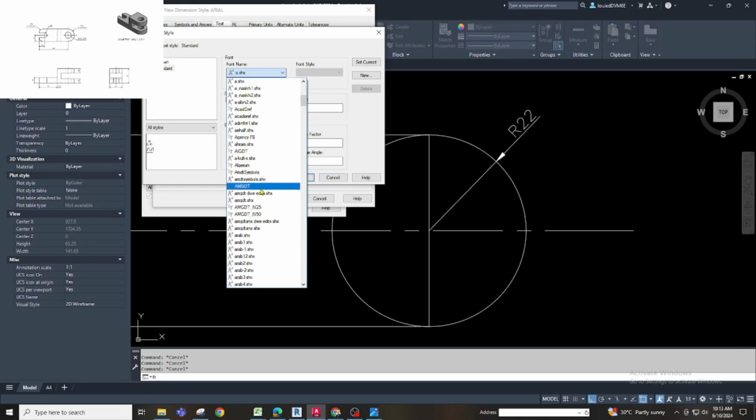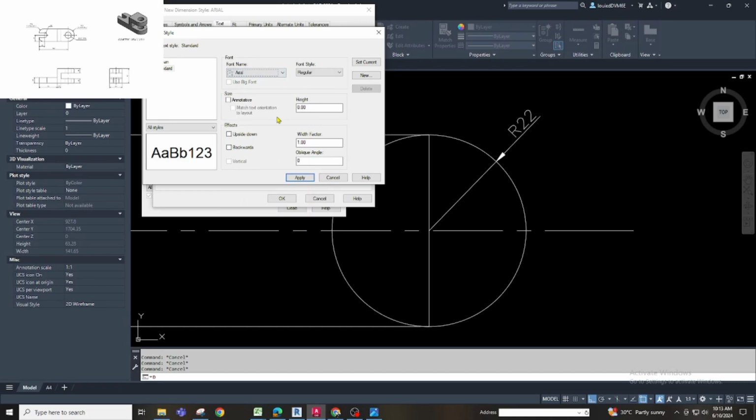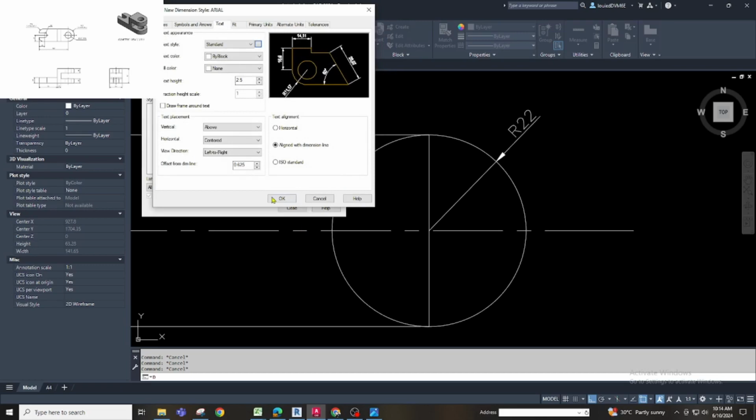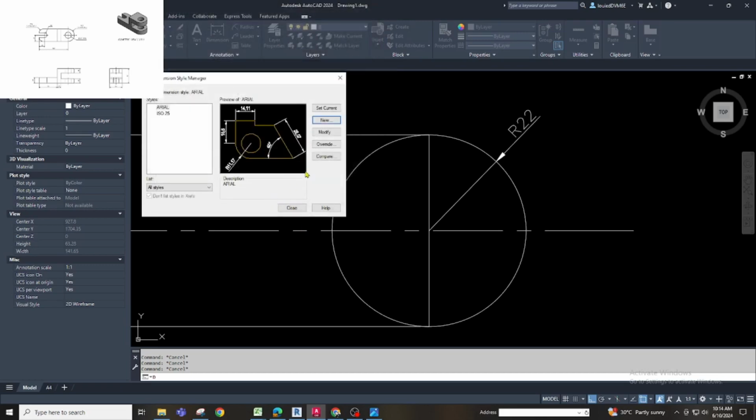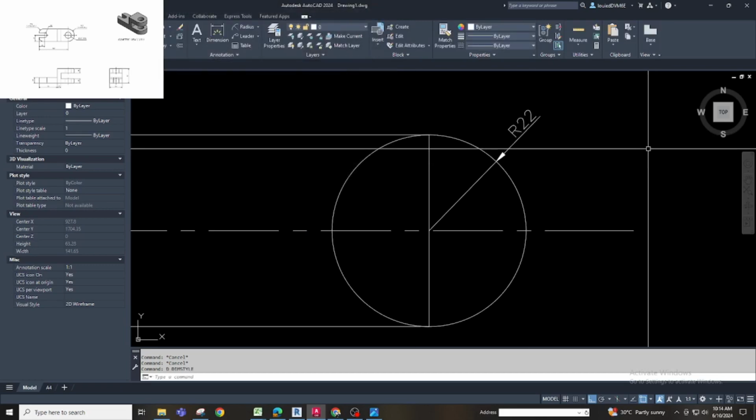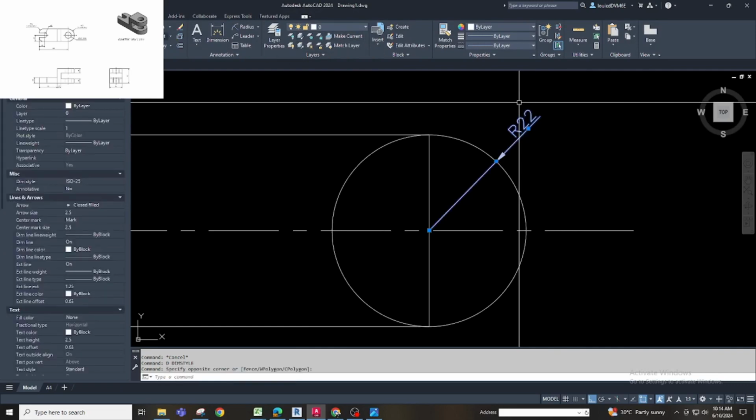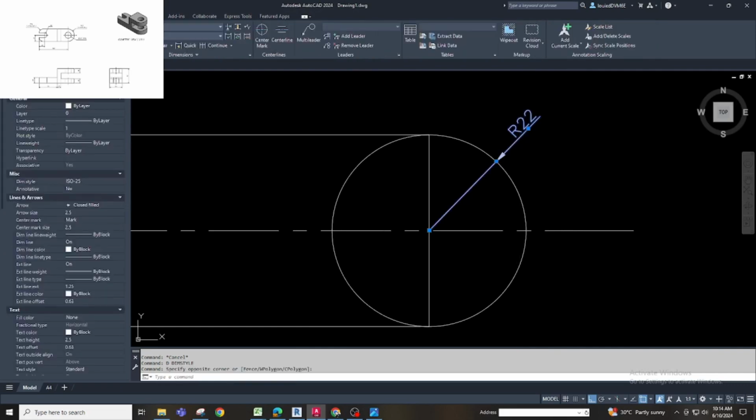Type A area. So apply. I think we should make an 0.8 width factor. So we will choose here in annotate, we will choose an area.